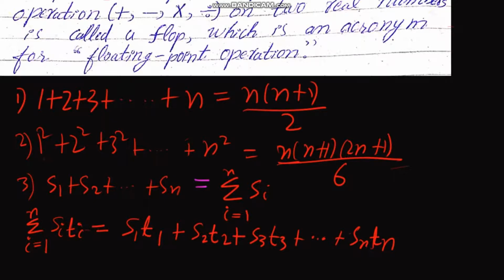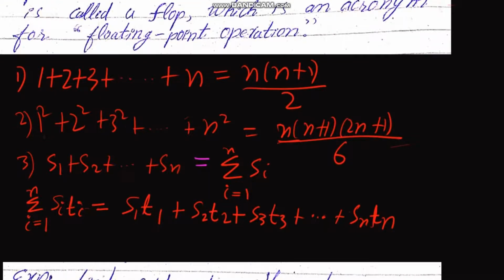And the next thing is the summation sign. For example, if we have this series, S1 plus S2 plus S3 all the way up to Sn, we can rewrite this in short form. We use a dummy variable, and we call its range the index. I and n are showing the index. The index starts from i equals 1 because the first term is 1, and it ends at n because the last term is n, right? So we write here Si.